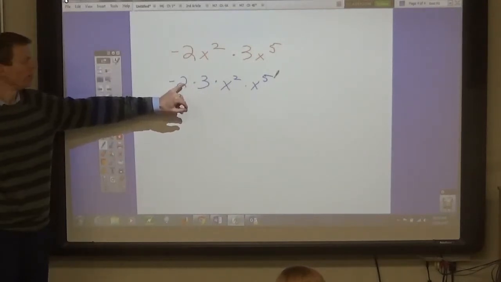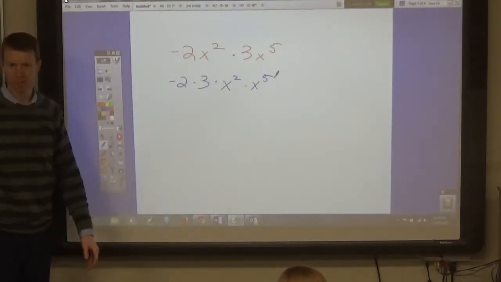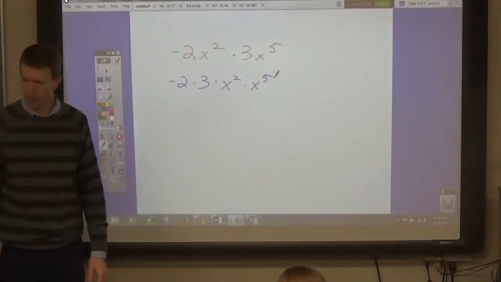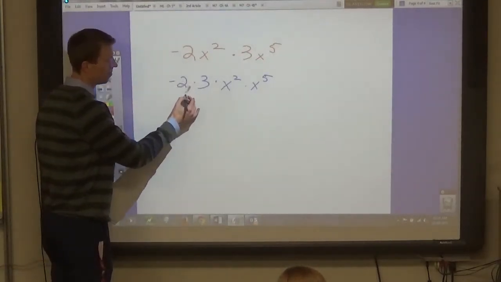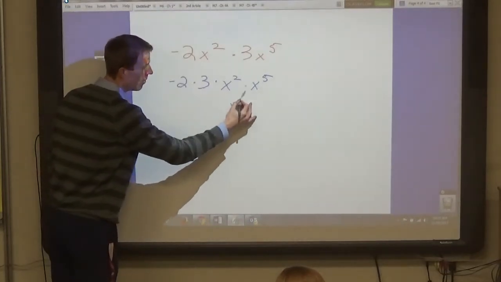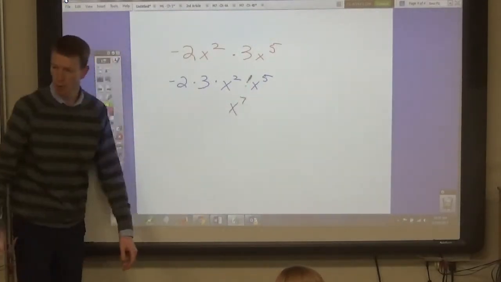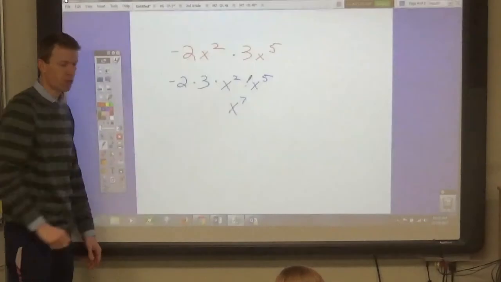Yep. Good. So now can we combine them? Devlin? X squared and x to the 5th. Yeah, x to the 7th. Good, because we just add the exponents. And then negative 2 times 3 is